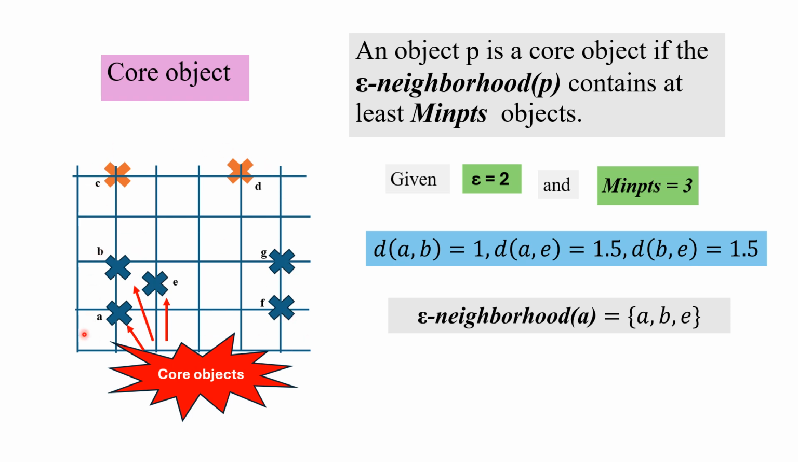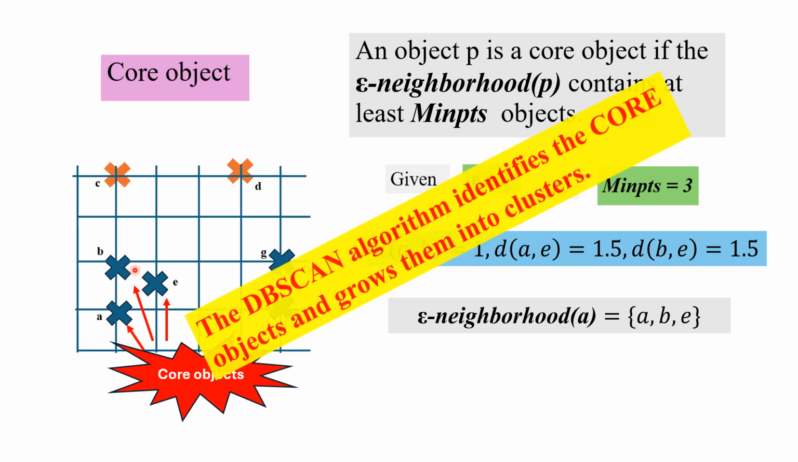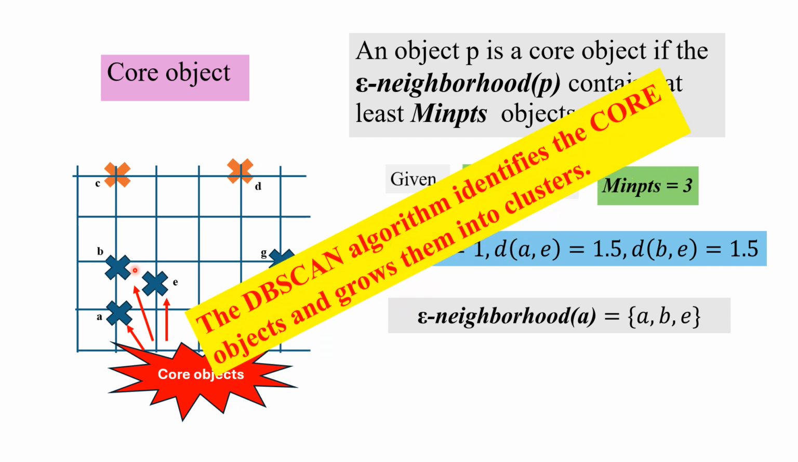However, these three are core objects. The DBSCAN algorithm identifies the core objects and grows them into clusters. This is the beginning of the clustering by the DBSCAN algorithm method,